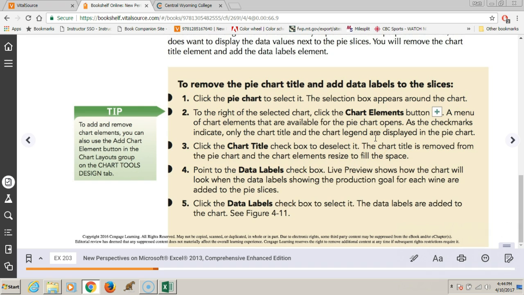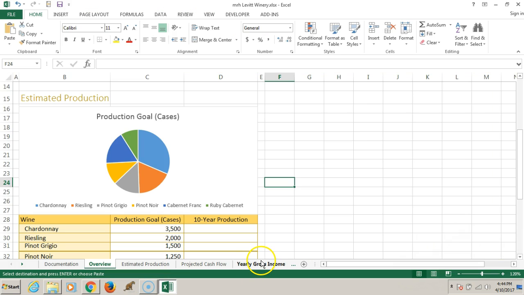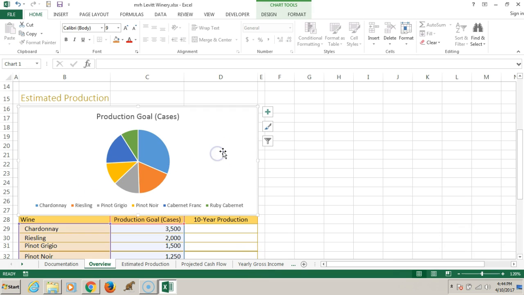So we're going to remove the pie chart title and add data labels to the slices. Click the pie chart one time to select it. You can see there's a few things that show up here. I can also see lots of dots all over the place. To the right of the selected chart, click the chart elements. That's the little plus sign that shows up here. If you click that,